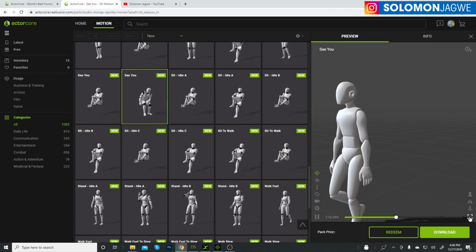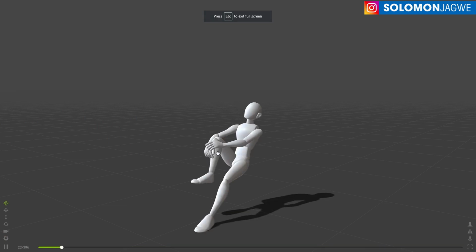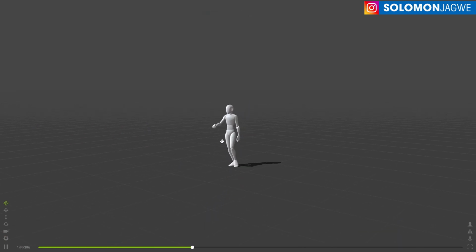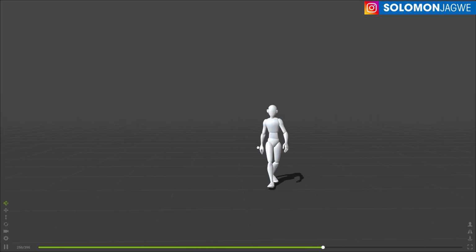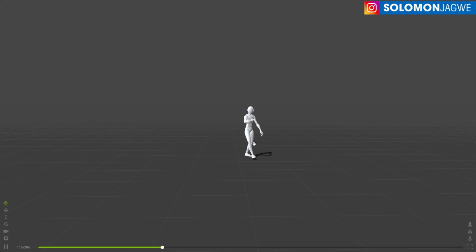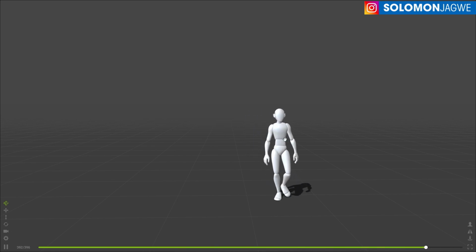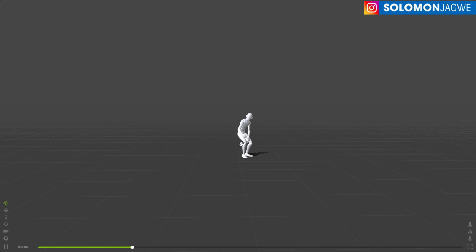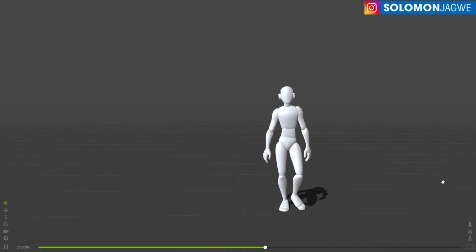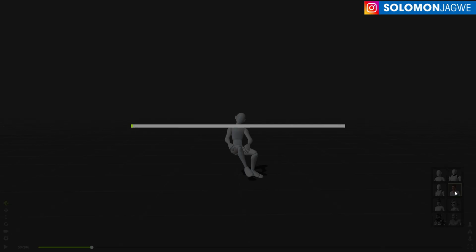And let me maximize this window. So one thing that I noticed about the mocap data is that when you preview it, it looks great on this character, but your model might have different limb lengths. They might have a longer torso or a shorter torso. So the retargeting might not work as well. So for example, if we go here and we switch out the character to maybe this character,